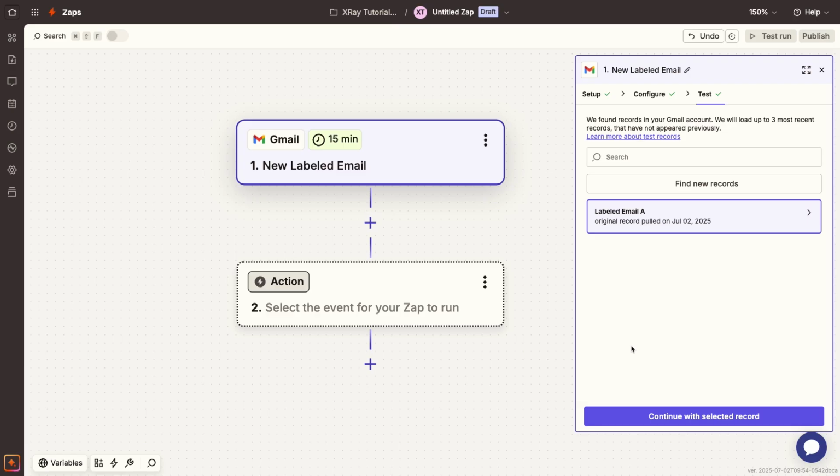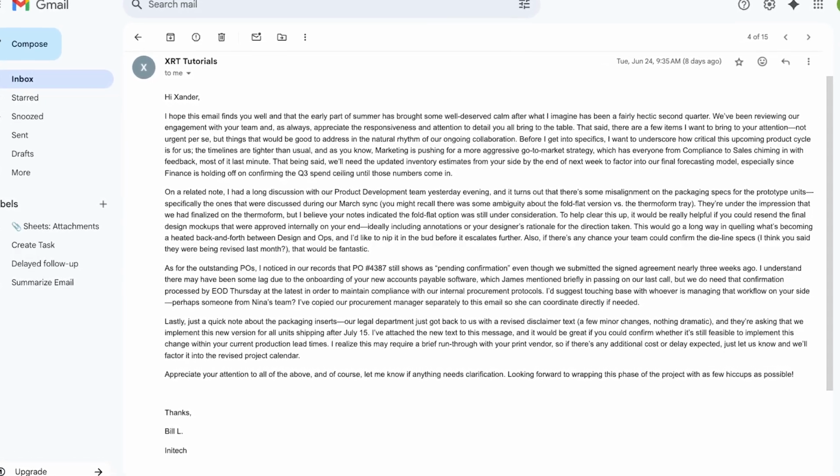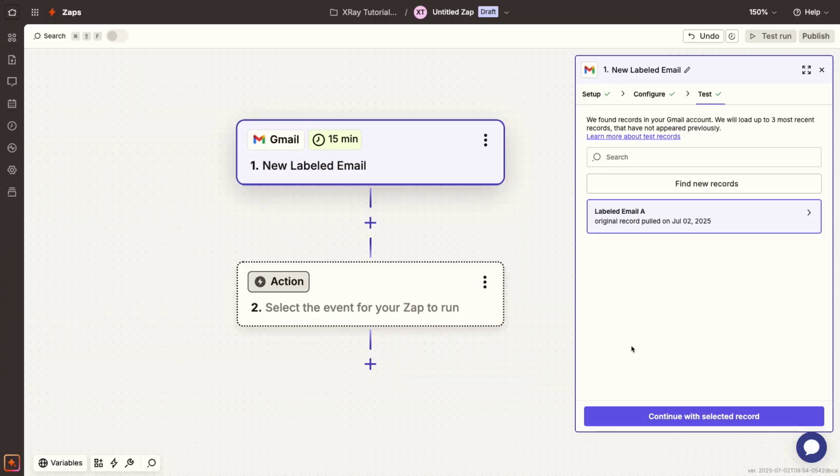For our example, I'm setting up a Zap that triggers when a label is added to an email in Gmail. Then, the automation will send that email to AI for a summary. This is going to be incredibly useful for extracting quick action items from a long-winded email, like this one from Bill at Initech. Once you've got all the data you need, emails, blog posts, TPS reports, or whatever you're working